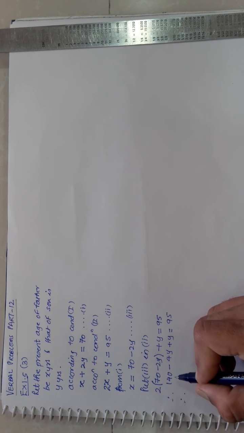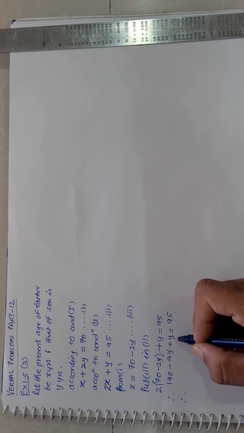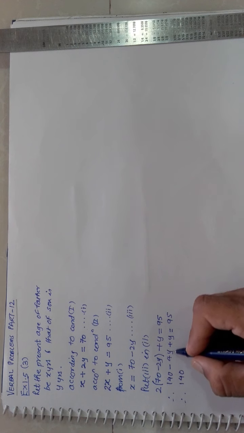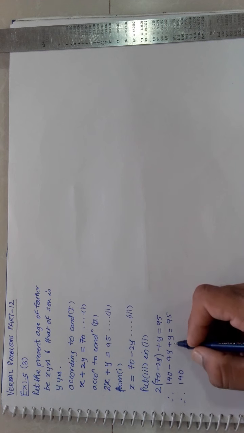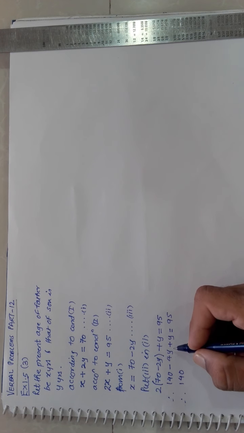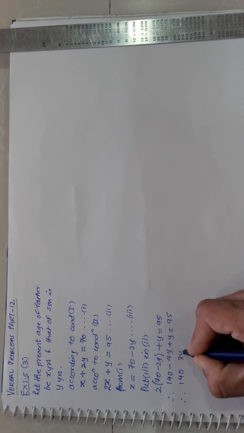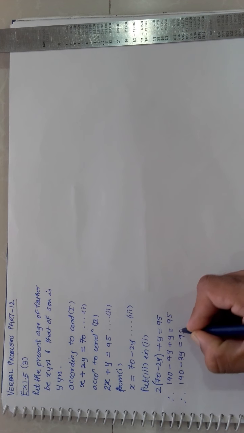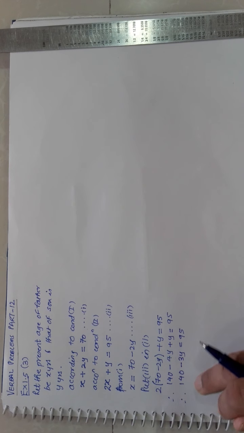So obviously now I get here, this is a number, this is 4y, and this term is a like term. So I get 140. Here both are like terms, so 4y and 1y I can say. Both are like terms, both are having different signs. Since both are having different signs, I will subtract them. So 4 minus 1 is 3y, and the sign of the larger number, that is minus, is equal to 95. Now whom to shift? The advisable actually is the number.